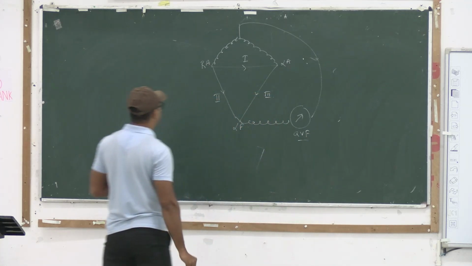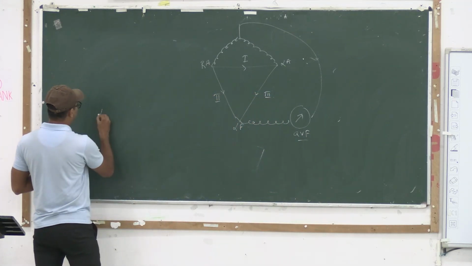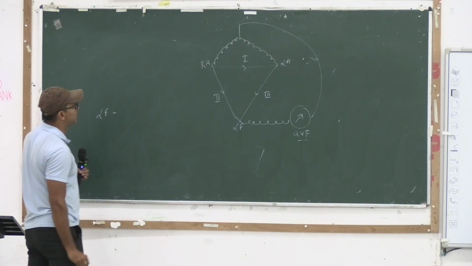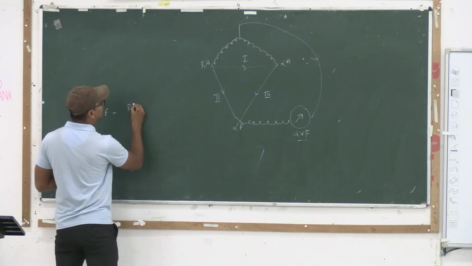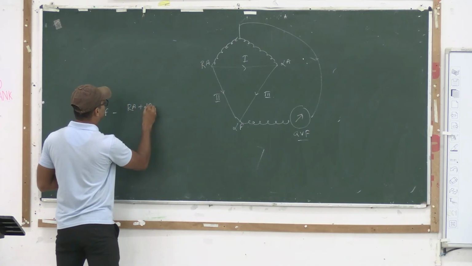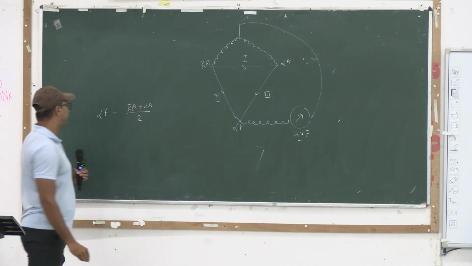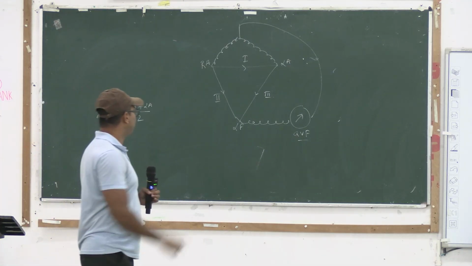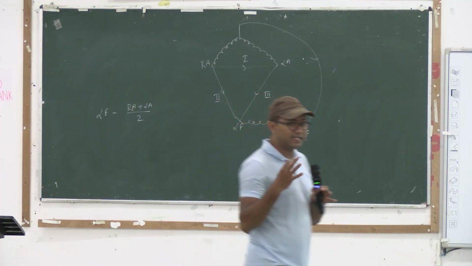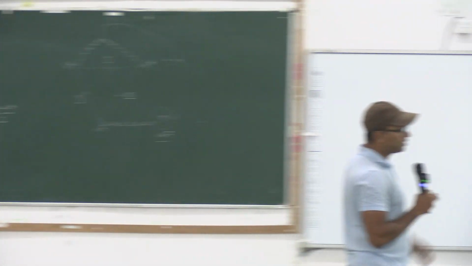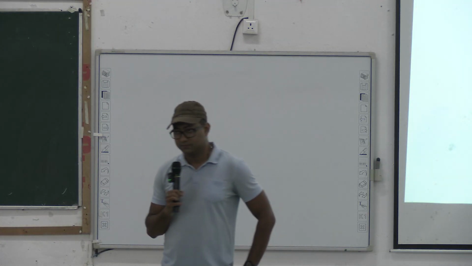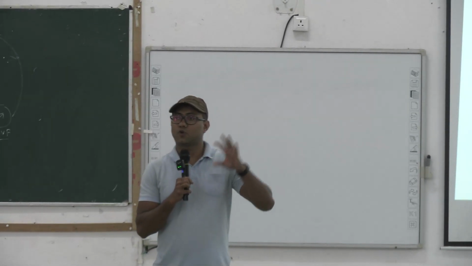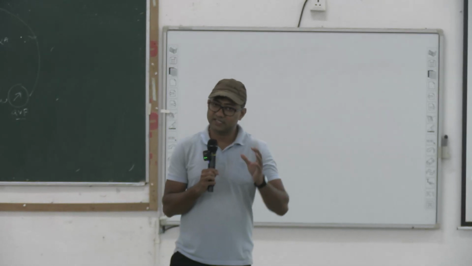So AVF will be LF minus RA plus LA by 2. Now, do you know what this triangle is? This triangle is called Einthoven's triangle, and although it is not an equilateral triangle, we will consider it as